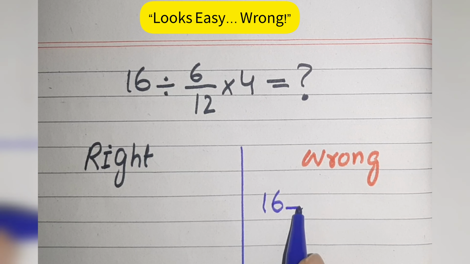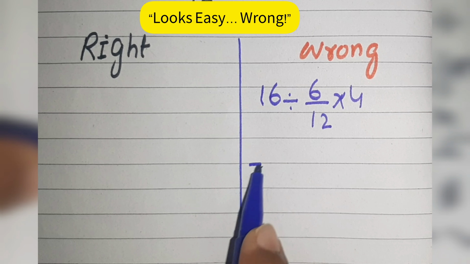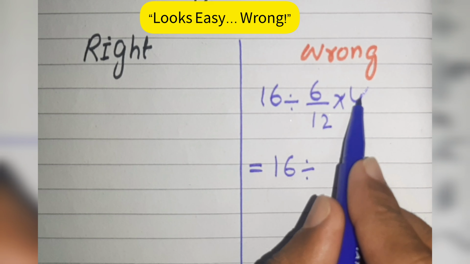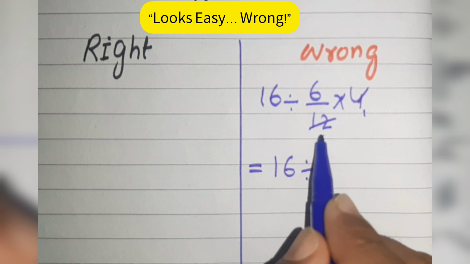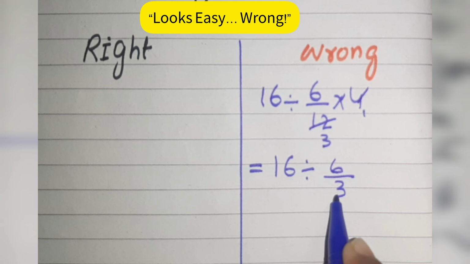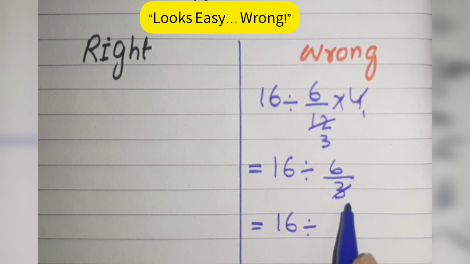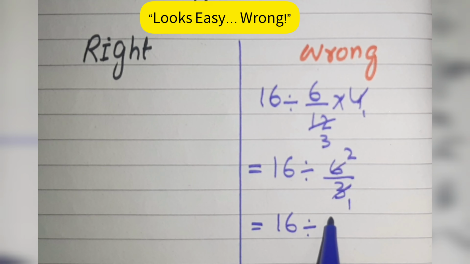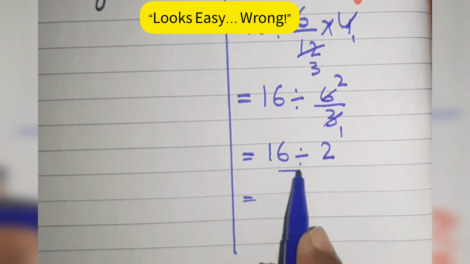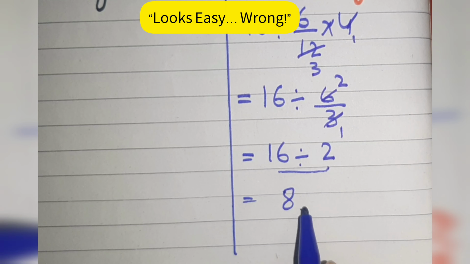16 divide 6 over 12 times 4. Now 16 divide 4, 1 cancels 12, 3 times. So 16 divide 6 over 3. 16 divide, now 3 cancels to 6, 2, divide 2. And finally 16 divide 2 gives us 8. But this is not the right answer because